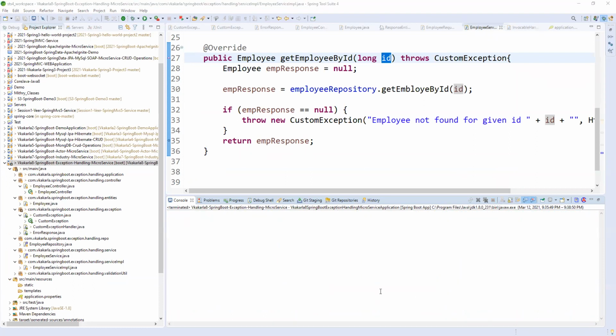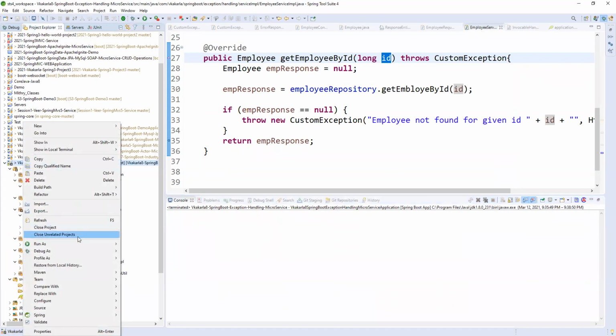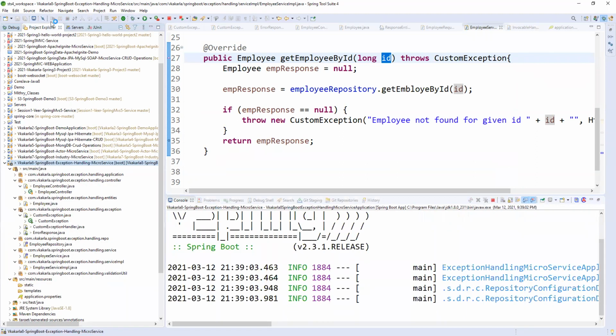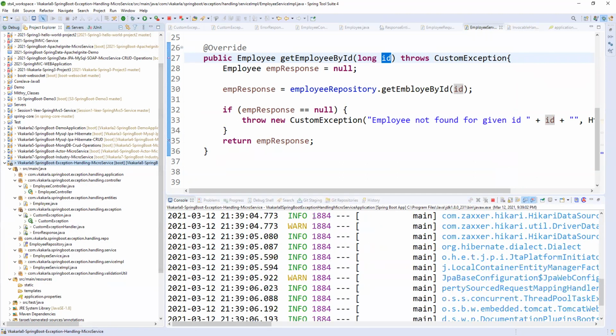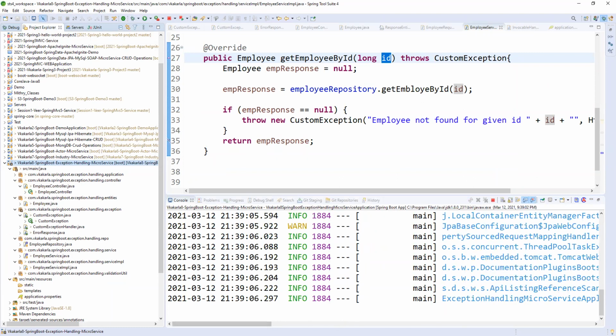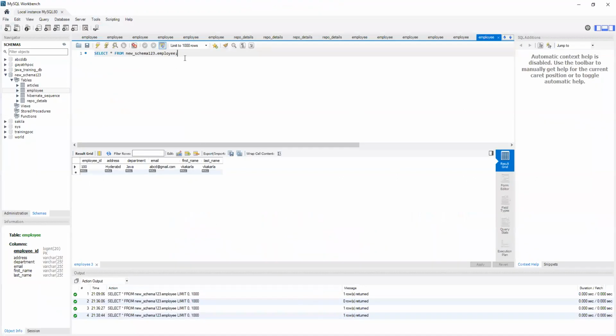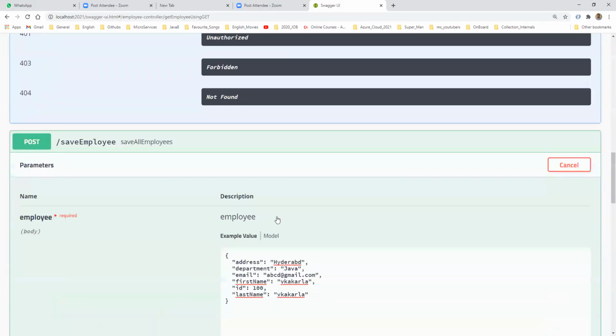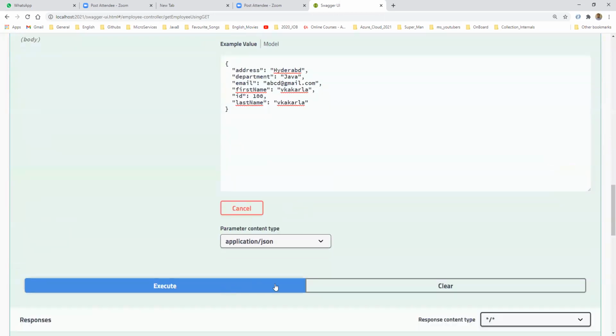So let me refresh and let me run one more time. I wanted to run in debug mode, but I want to disable the debug, and of course the values will be gone. So let me create one more time.